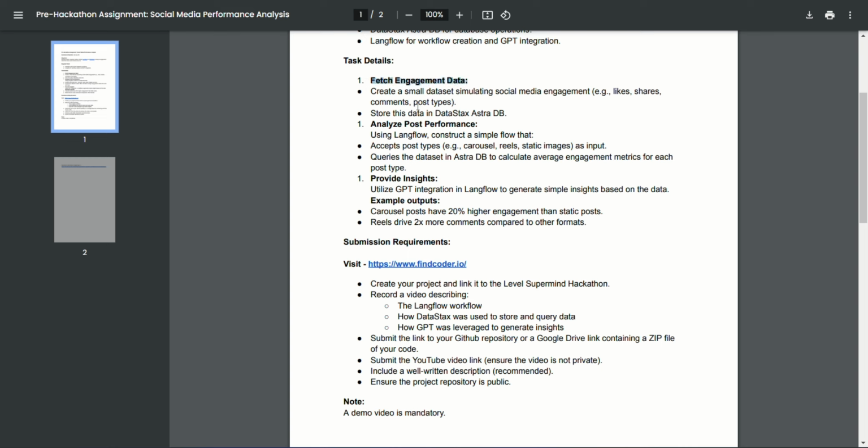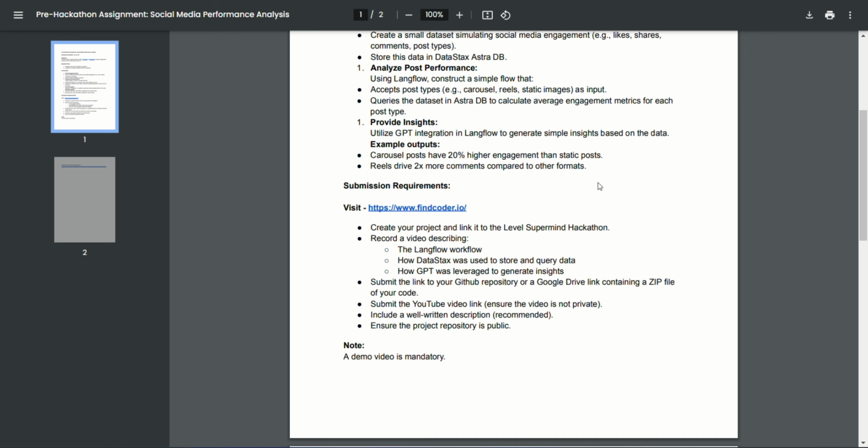We have made mock data for all the social media comments, likes, and everything. Then we analyze it based on the LangFlow model chain. With the help of GPT integration, we have tried to analyze and compare the different types of posts we have, for example carousels, reels, images, etc. We have compared all of them and given the user an output of which type of post is doing better